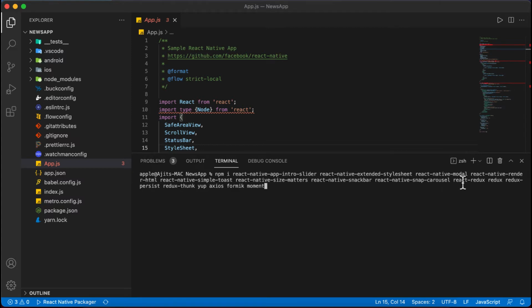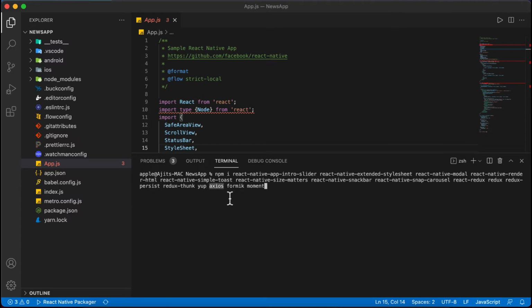Then for Redux we will install React Redux. Then Redux persist. Okay, we will use Redux persist to persist the stored data in Redux. Then Redux thunk, we will use this middleware to convert our action into a function. Then Yup, it will be used for validation, form validation, we will see that.